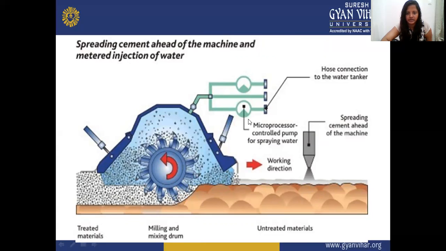So this is the picture where you can see how the soil gets treated. This is the treated material, on the extreme left, where you can see great porosity. And the untreated material is gradually consolidated. It has very few voids. You can see the milling and mixing drums. It agitates the whole material and increases the voids and the volume of the previously reduced or compacted, untreated soil.